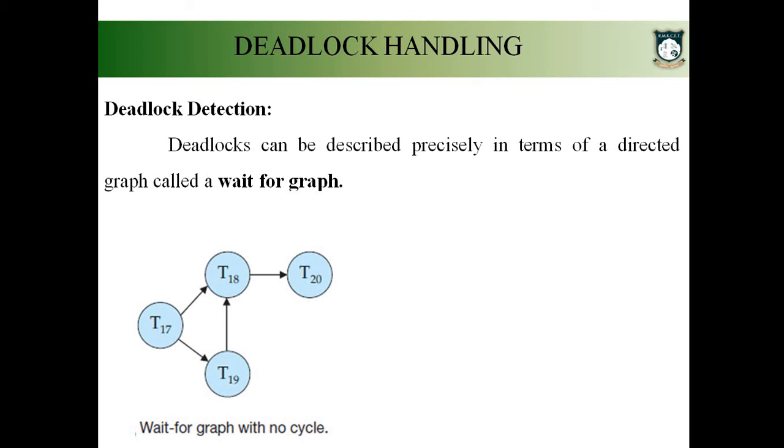Now like that you will be representing all the transactions as vertices and you will be placing the edges appropriately. Once you have constructed your wait for graph, you have to identify whether there is any cycle in it. If there is a cycle, it means that your system has entered deadlock state. Suppose if there is no cycle, then it means that your system hasn't entered deadlock state. Okay.